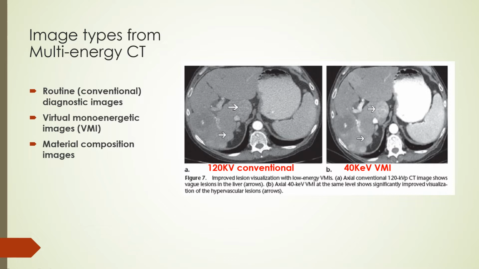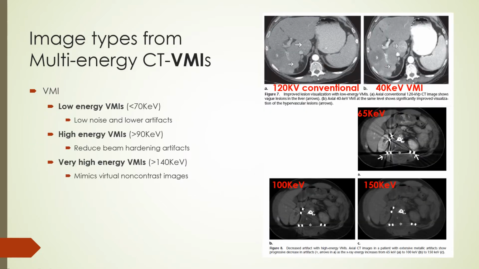and material composition images. A conventional 120 kV image is shown on the left, and a virtual monoenergetic image is shown on the right. With multi-energy CT, we can generate less than 70 keV low-energy virtual monoenergetic images or VMIs. These are like 120 kV conventional images with similar attenuation values but with lower artifacts and noise. The top image shows improved visualization due to lower noise in a 40 keV VMI compared to the conventional 120